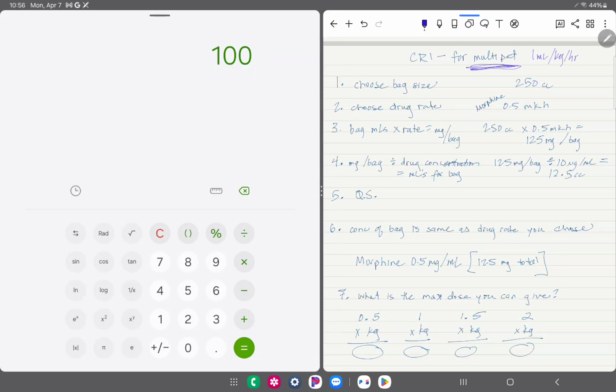Now if we look at multi-pet CRIs, usually with the multi-pet CRI, I try to make it as easy as possible for me. I'm just going to run everything at 1 mL per kg per hour. So this is not the same as the rate of the drug. This is just me figuring out what milliliters am I running this at so that it can fit any patient, because I'll plug in their kilograms, and then I'll end up with the proper rate. So what do we start? We choose the size of the